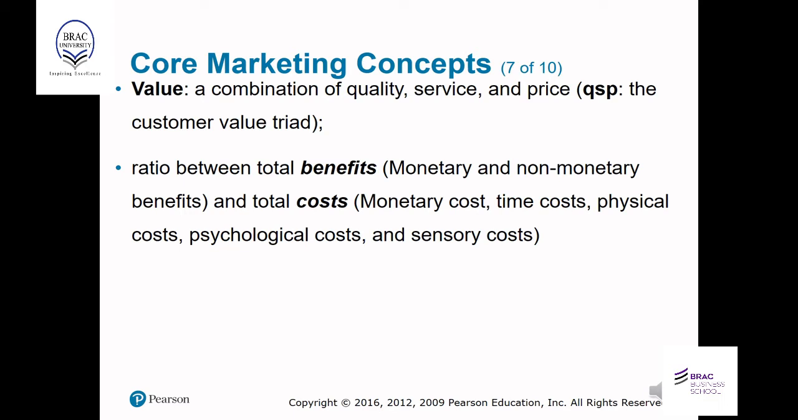Now you may get confused about what is the meaning of total benefits and what is the meaning of total costs. So while we purchase a product or service, we are getting two different patterns of benefits. One is monetary benefits, another one is non-monetary benefits. And in case of costs, there are some patterns of costs. For example, monetary cost, that is the money we are paying; time cost, the time we are investing; the physical cost,